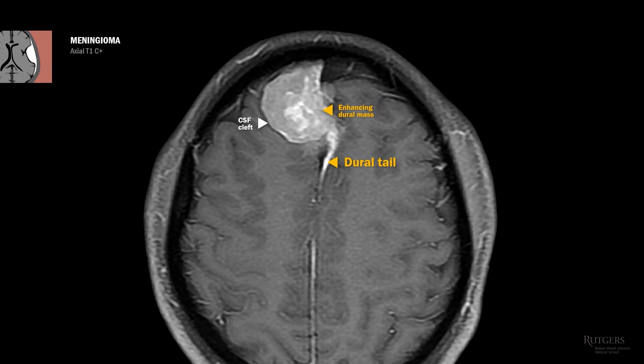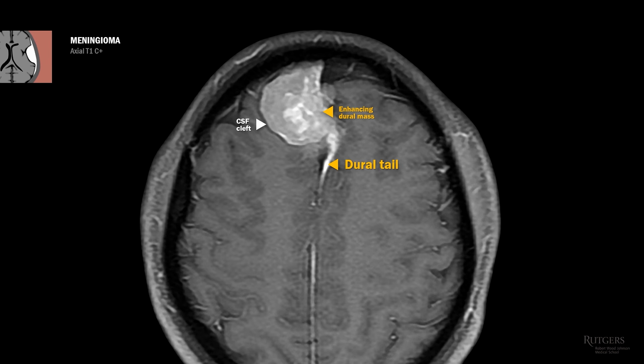By the way, dural tail mainly represents reactive changes to the meningioma and not necessarily neoplastic involvement. Also, dural tail is definitely a distinguishing feature, but unfortunately it's not unique to meningiomas. Dural mets can have dural tails too, but you will likely have other signs of metastatic disease like weight loss, multiple lesions, so on and so forth.